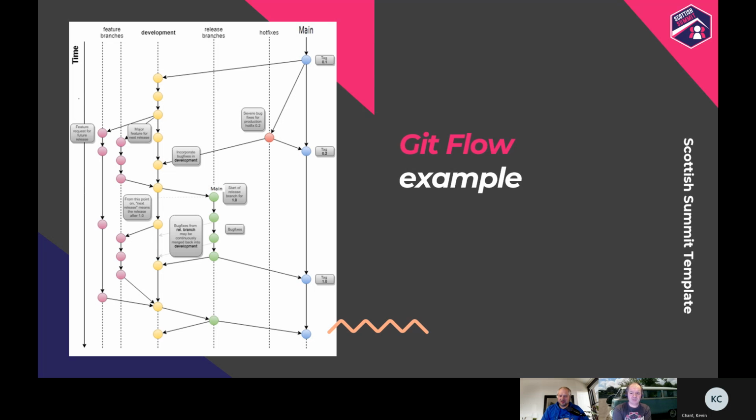Yeah, and they are. But the major difference is that with the Git flow, you don't directly merge into the main branch unless it's a hotfix. And with the GitHub flow, there's no development branch. So all there is are just feature branches, and when they get tested successfully, they get merged into the main